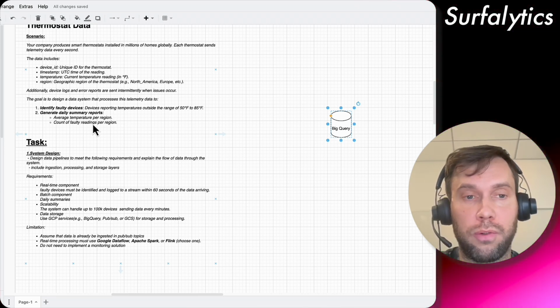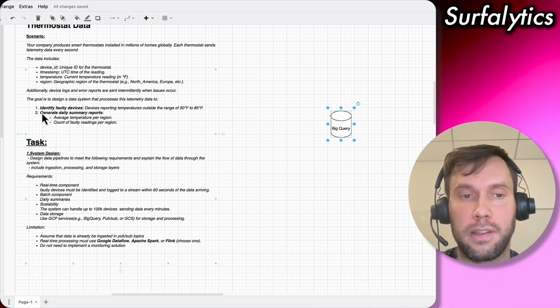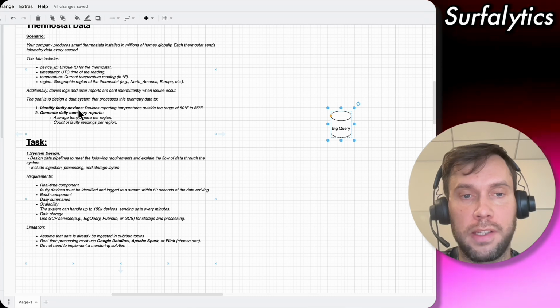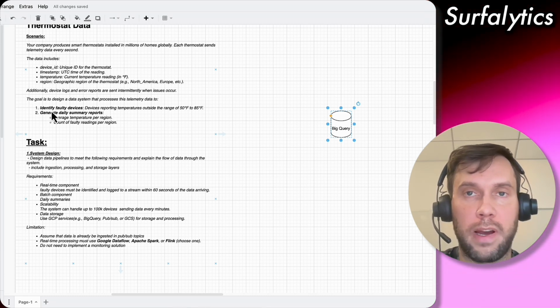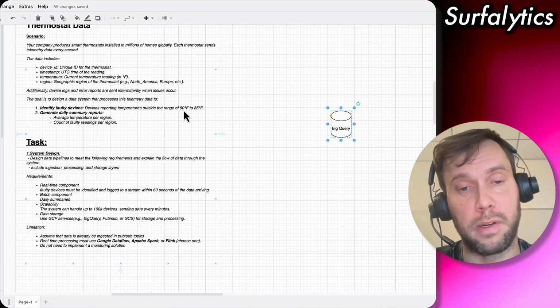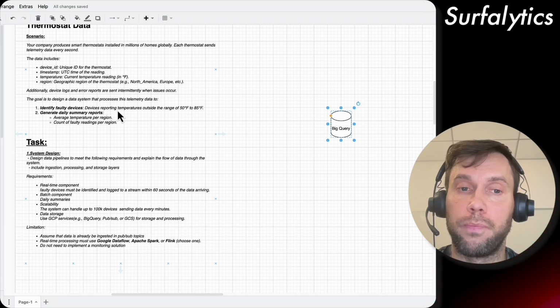Assuming I look at what we need to have, there are two main use cases, business problems we want to solve. One of them is to identify the faulty devices. And here I definitely would like to talk more about requirements. This is the ideal path. I will talk more about requirements, and I may get the logic of faulty devices.